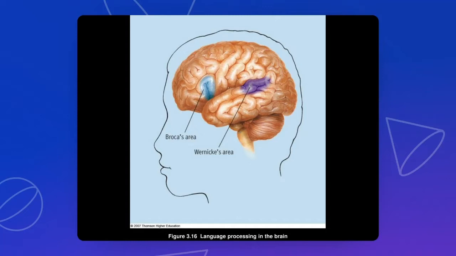While Wernicke's area, if that is damaged, makes it difficult for a person to understand speech. And we're talking about speech na matagal mo nang ginagamit. It's understandable kung hindi mo alam yung foreign language, but if it's a language that you have been using since your childhood, biglang hindi mo siya maintindihan. Okay, then that means that area was damaged.